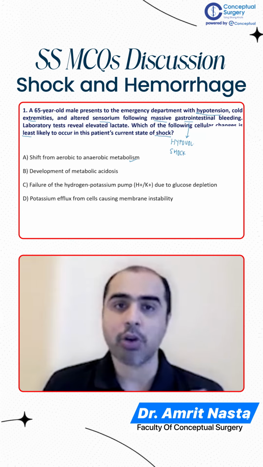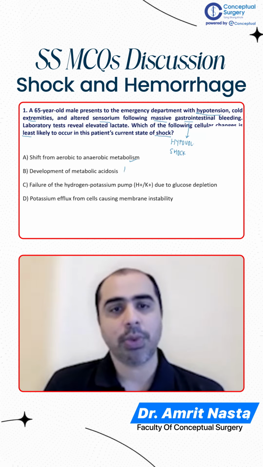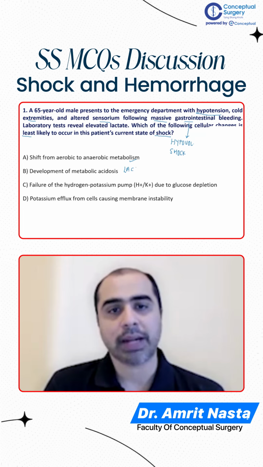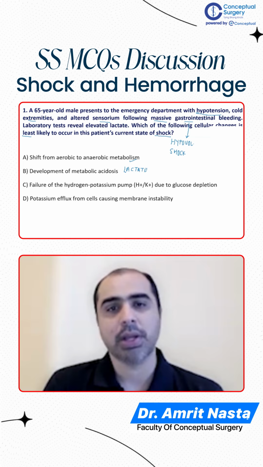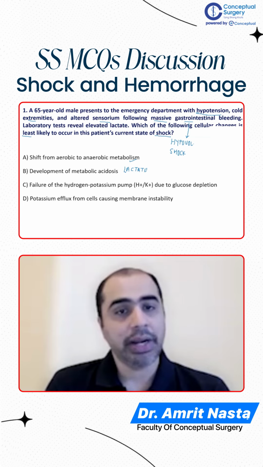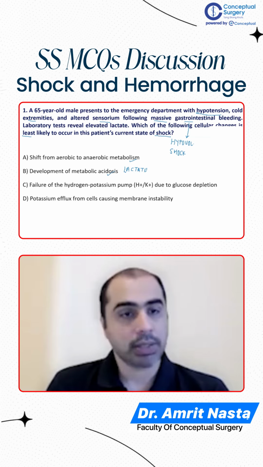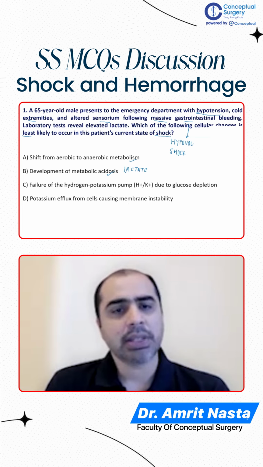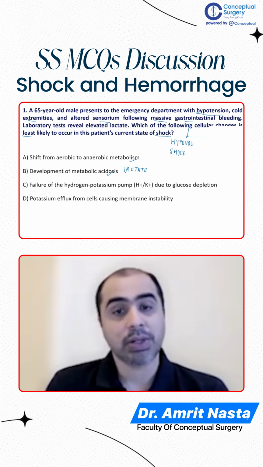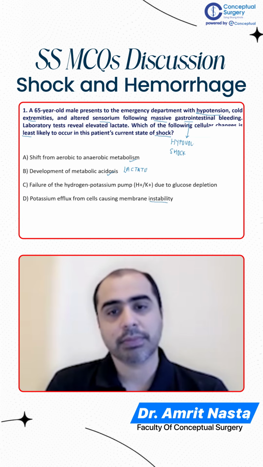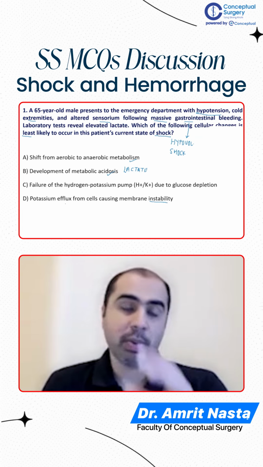And because there is an anaerobic metabolism, there is going to be collection or production of lactates. Remember, lactate is a byproduct of anaerobic metabolism. So lactates will be produced, leading to metabolic acidosis. That is also correct. And the cell membrane in severe acidosis becomes unstable, because of which potassium, remember, potassium is